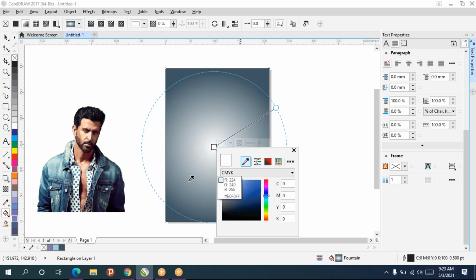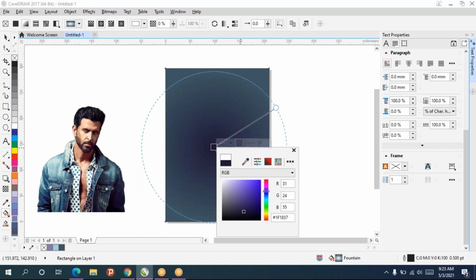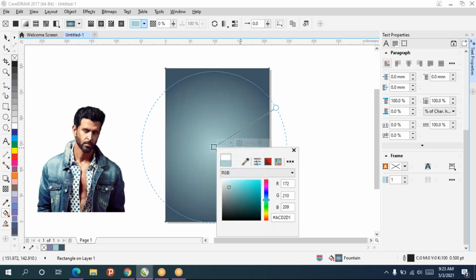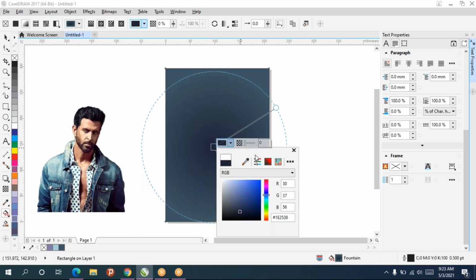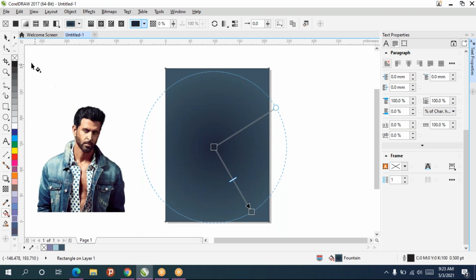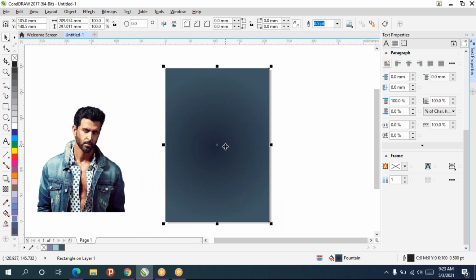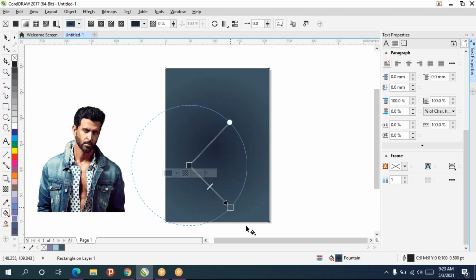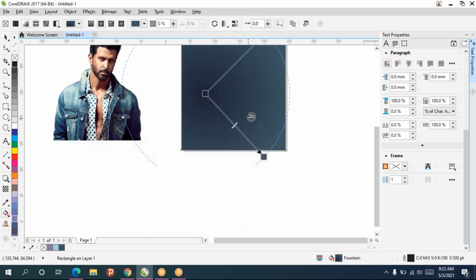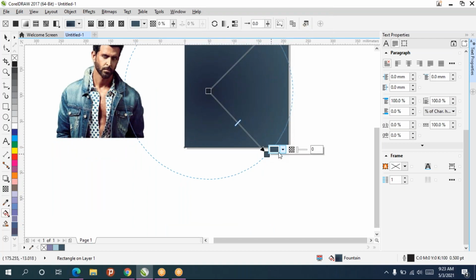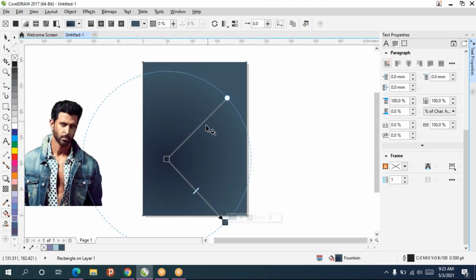Or else you can click on the side wrapper. Again you can directly choose the color which you want, whatever color you like. So always take gradient for giving two colors, and this one you can give some other color, and this one also you can give any color you like.